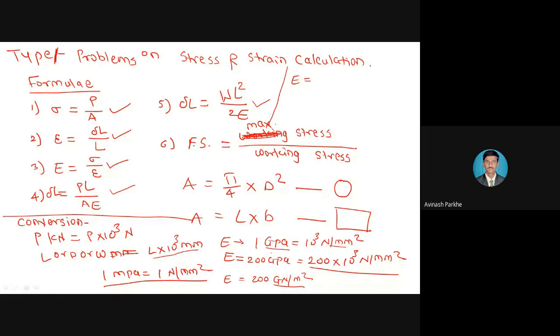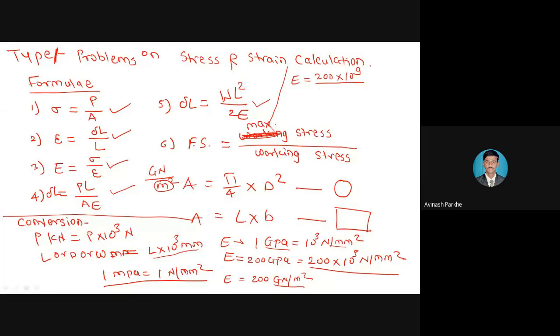So here at the top is giganewton, and meter square is at the bottom. 1 giganewton is equal to 10 raised to 9 Newton. So here you can see 200 into 10 raised to 9. Giganewton is converted in Newton. At the top I am writing E is equal to 200 into 10 raised to 9. At the bottom side, meter is present. If I have to convert meter to mm, multiply by 10 raised to 3.